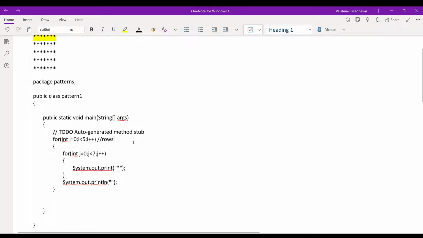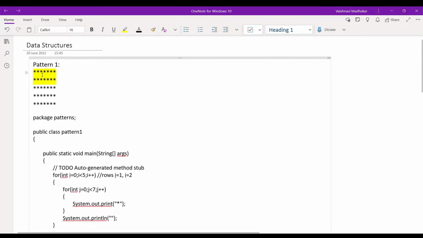When i becomes 1, suppose, it will again go into this for loop. It will print 7 times star pattern and it will go to the i loop where i now will become 2. So this is how we use nested loops. Since we have a matrix kind of a structure, we need a nested for loop for doing that. I'll now demonstrate this code with